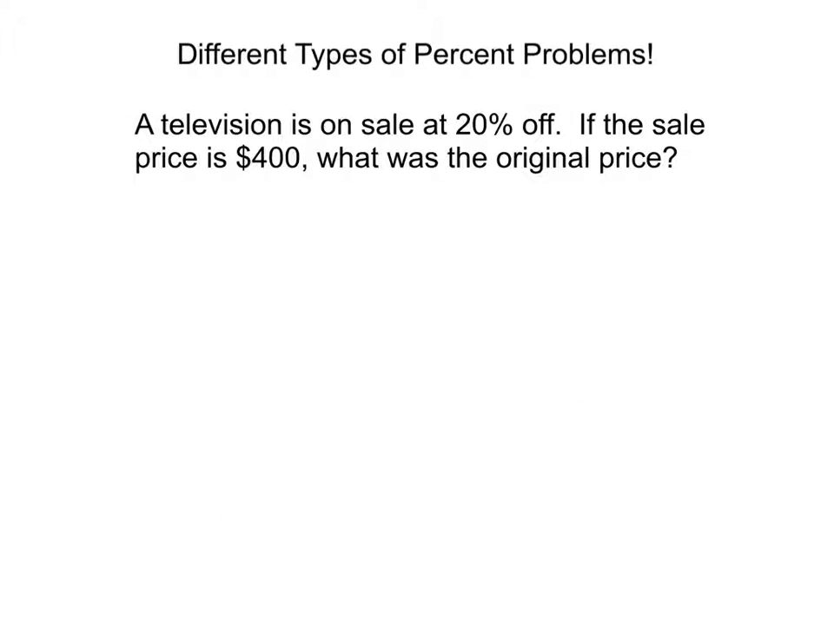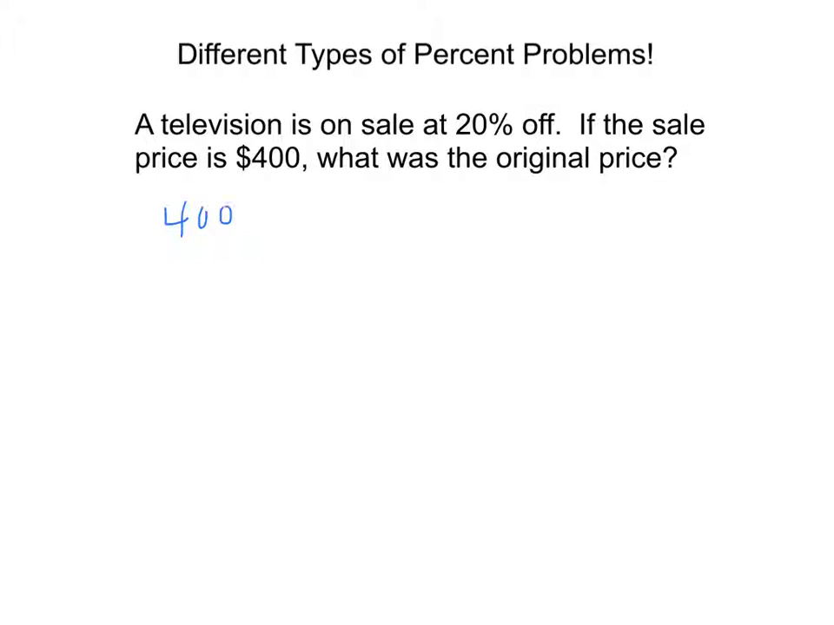There are different types of percent problems that we also need to talk about, and here is an example. A television is on sale at 20% off. If the sale price is $400, what was the original price? In this problem, we know that the TV is on sale for $400, but the $400 is not 20% of the original price. If it's on sale for 20% off, that must mean that we are paying 80% of the price. So the question that we're really asking is,